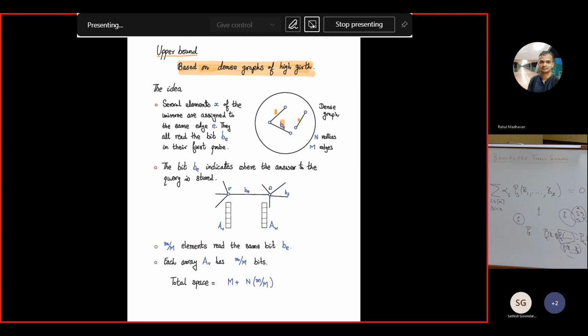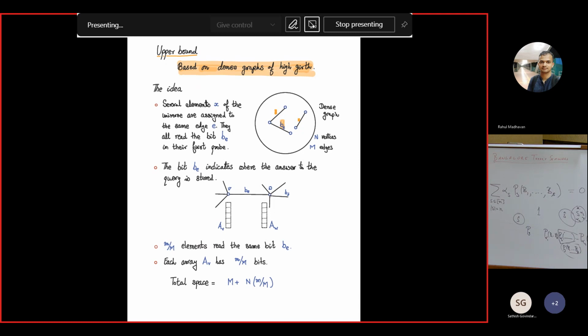And then what we will do is, in our data structure, we will have one bit on each edge. Okay? So several elements will come and probe a particular bit. So each element of our universe will be assigned an edge in this graph. And when we want to query that element, it will come and read this bit. And this bit will direct that element either to this vertex or to this vertex. So this bit says go to V or go to W. And at V and W, there will be these arrays, which there will be a position like the characteristic vector